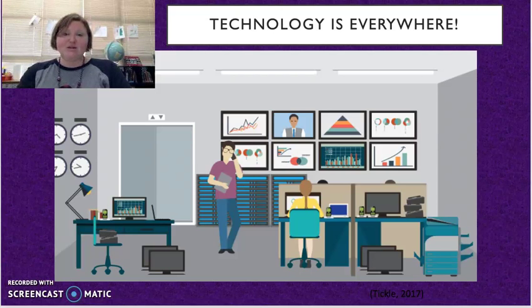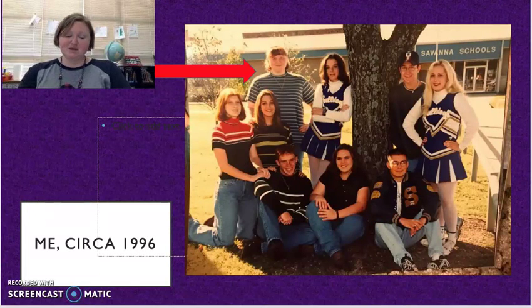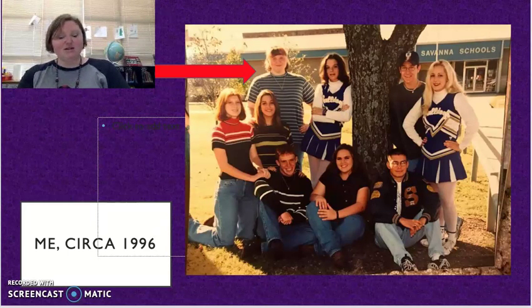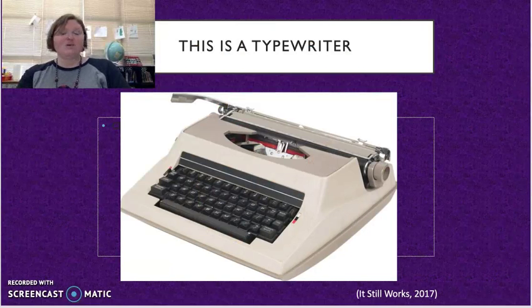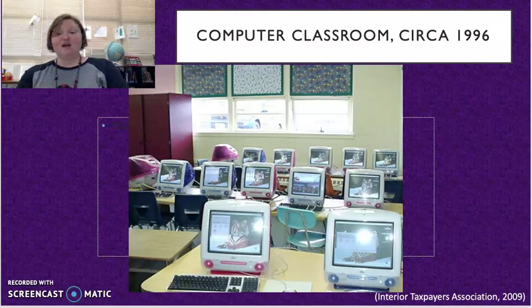Let me give you a little story to tell you an example. I grew up in a pretty small town, and I went to a rural high school. This is me in about my freshman year of high school in 1996. That year, I took a typing class, and this typing class involved typing on an actual typewriter. This is what a typewriter looks like, just in case you're young and you don't know. It was the second semester of that year that we got computers. And on those computers, which looked kind of similar to this, we would find out that not only would we